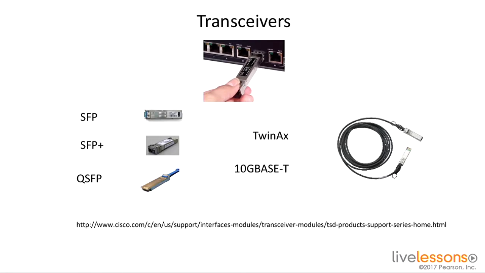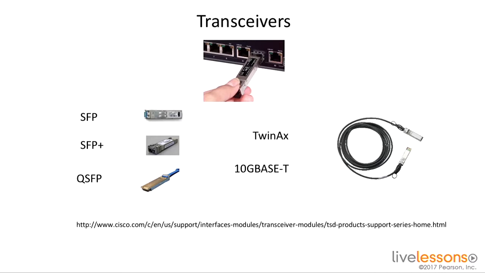And when I put that transceiver in the port, it changes the type of media that I can support in that port. So for instance, if I needed a fiber connection, I could put a transceiver in that supported a fiber connection. If a year later that fiber connection changed to a copper connection, I could pull that transceiver out, buy a new transceiver, which is much less expensive than buying a new switch, put that new transceiver in, and then plug that cable into that port. So it gives us a lot of flexibility to support the different media types that we talked about in the